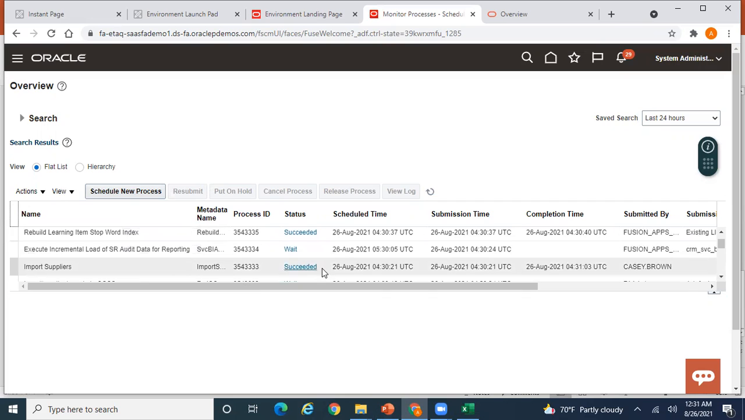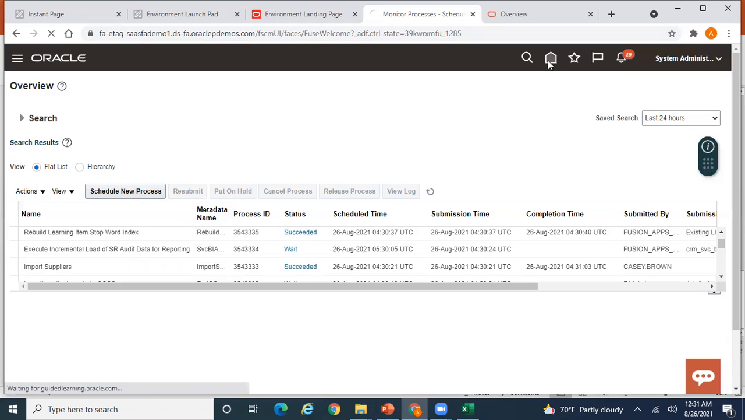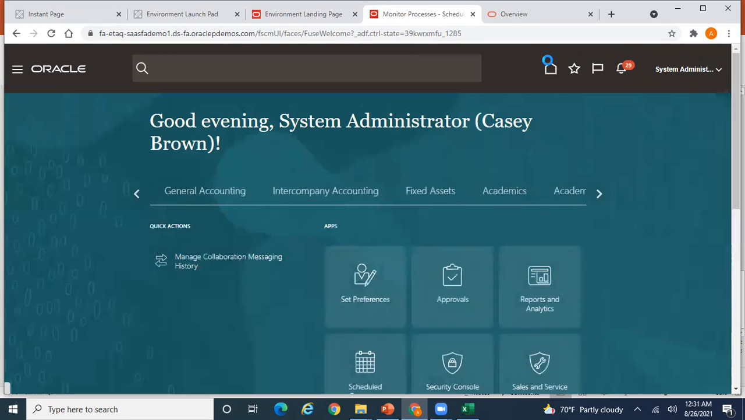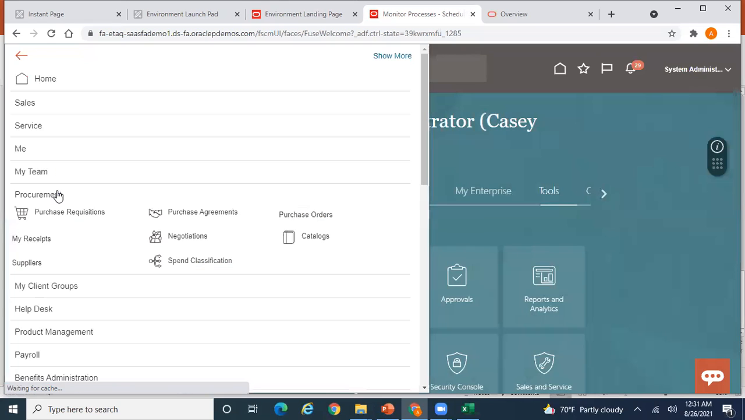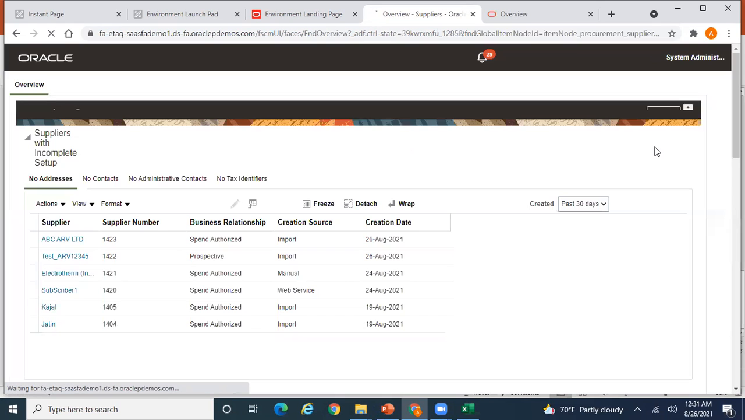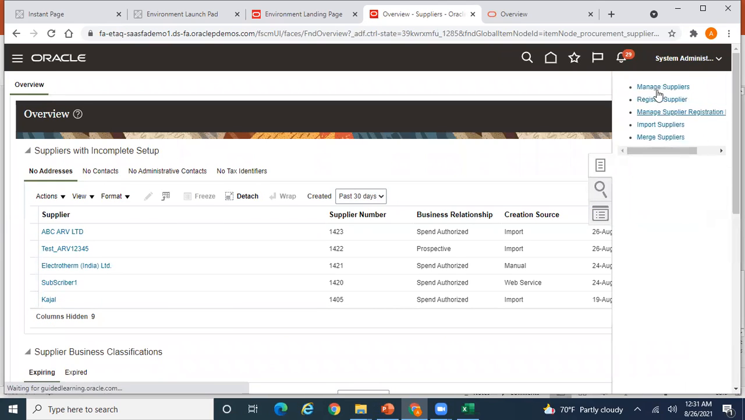Yeah, it succeeded. So this step is completed. Now what we can do is search for the supplier and check if the supplier is created. You can go to your procurement space, or you can directly click on this and go directly to suppliers. Again, here you can click on manage supplier and search for the supplier, or you can